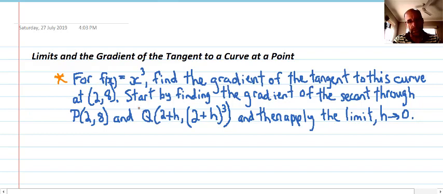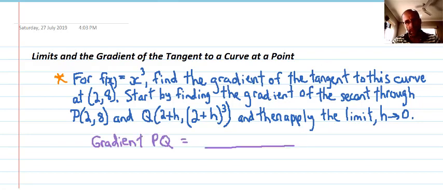Start by finding the gradient of the secant through point P (2, 8) and Q (2 plus h, 2 plus h all cubed), because a secant needs 2 points to define it. Then we're going to apply the limit as h approaches 0. As we've seen a lot of times in the past, our rate of change formula, our gradient formula, will be